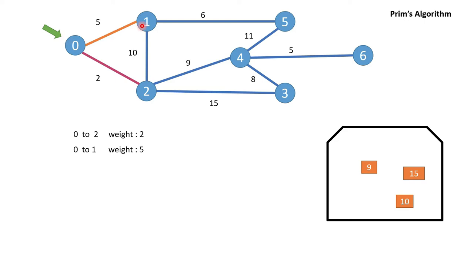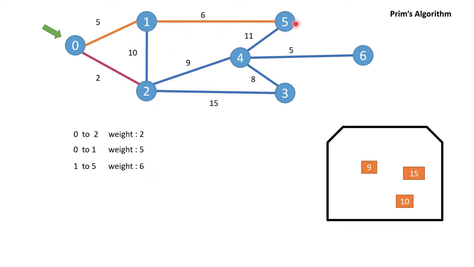Now I have visited 1. From 1 I have the possibility to go to 6 or 10. As 10 is already included, I will consider 6 only. So this 6 I will put inside this bucket. And then again the same thing. I will check what is the minimum here, delete it, print and mark. I just marked it here, and then I delete, and then I will mark here 1 to 5. The weight is 6.